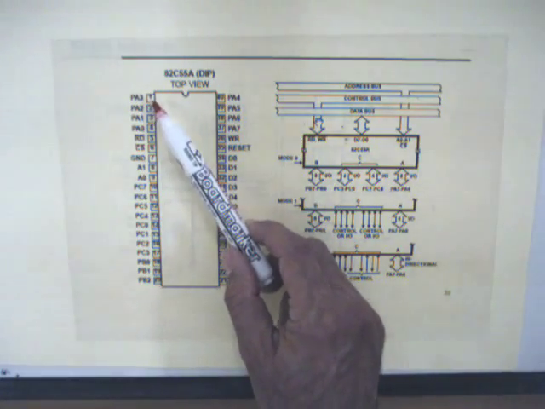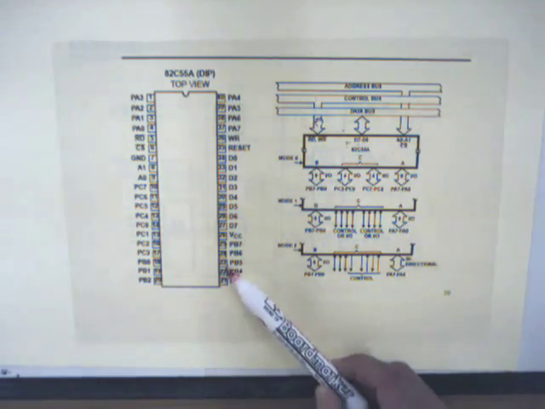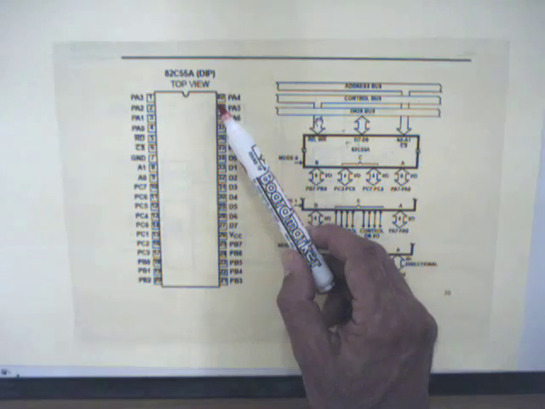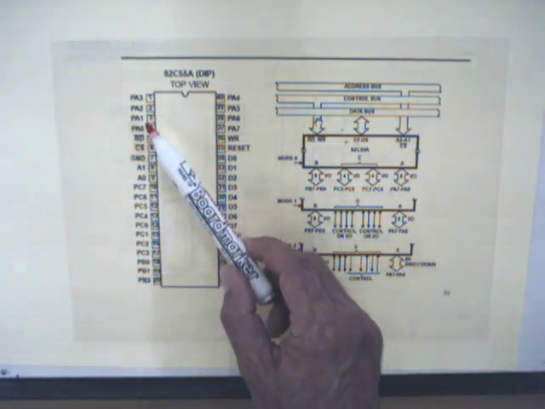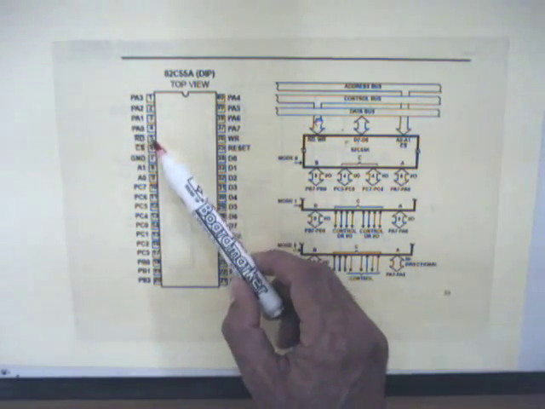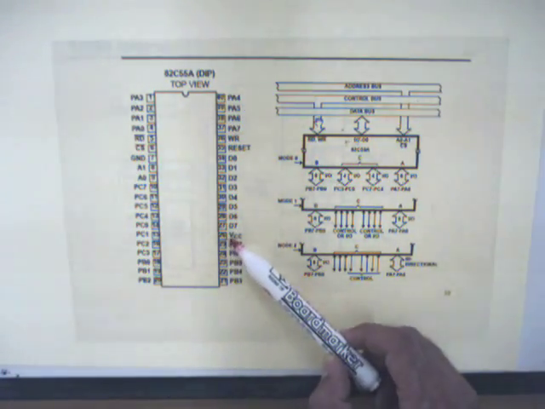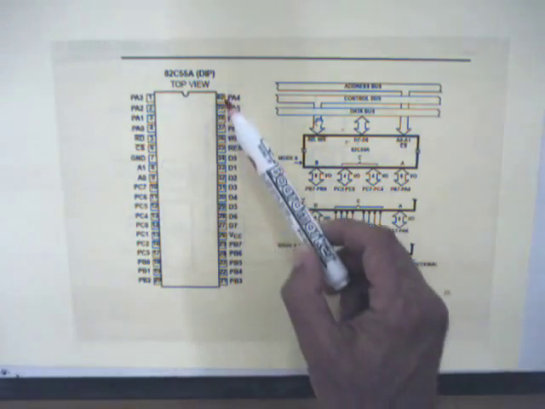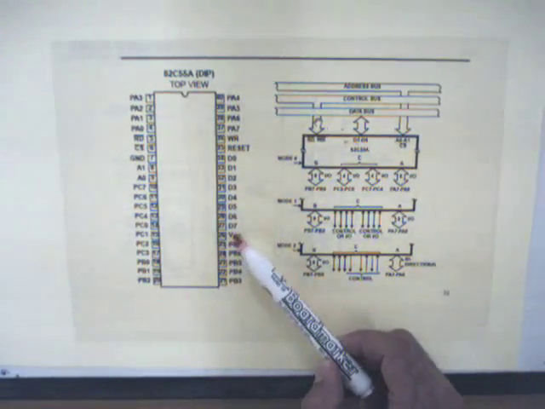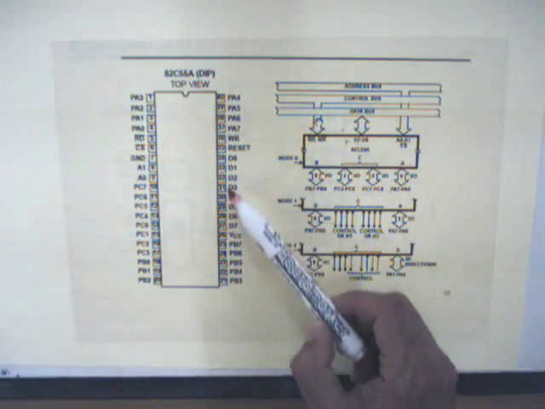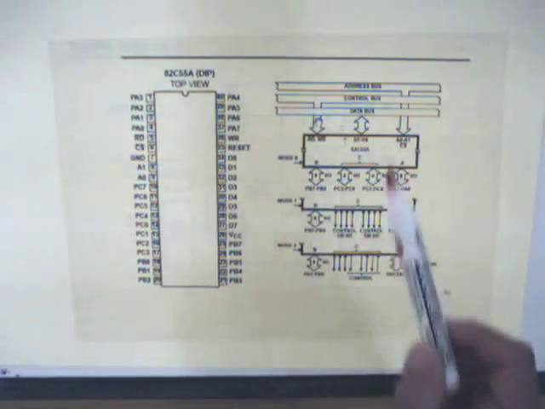Noting down the marker on one side of the integrated circuit, the pins are starting from 1 to 20 at one side and from 21 to 40 at the other side. These pins are related to port A and some control signals, ground, port C, port B, and supply voltage, which is untypical. It's not at pin number 40, instead it's number 26, and data pins, reset pins, and other 4 bits